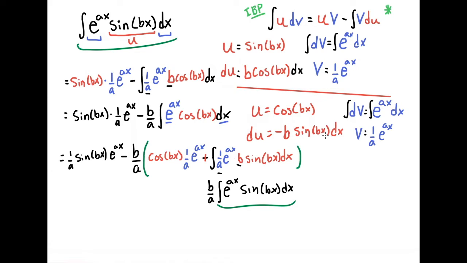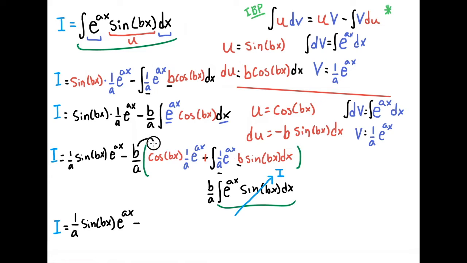So what I'm going to do is I'm just going to rename our entire problem. I'm just going to say, well, I, meaning the integral, is equal to this statement here, this integral. So what we can do is we can replace this entire integral just with the letter I. And what that looks like is, well, if I is equal to this, then I is equal to this, and I is equal to this, and I is equal to this. Therefore, we can finally say that I is equal to our original statement here, 1 over a sine of bx e to the ax minus,